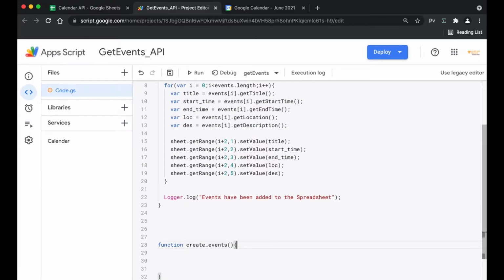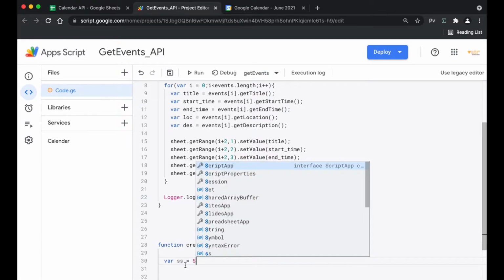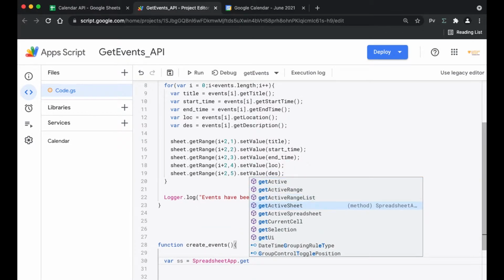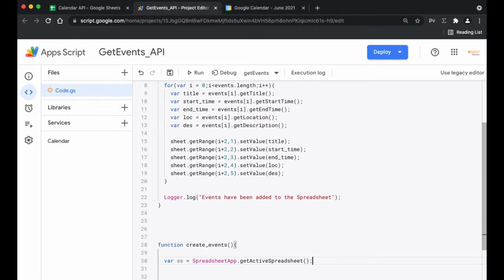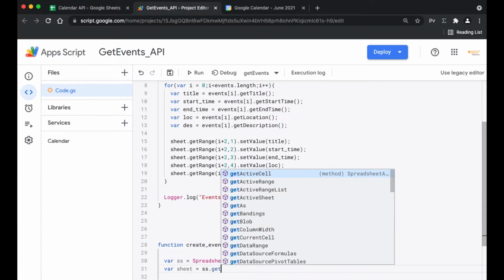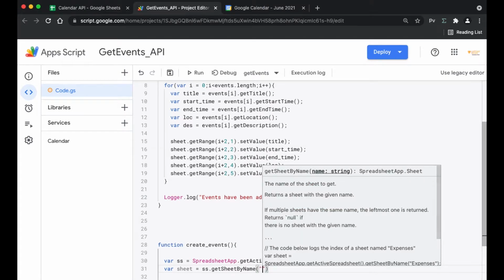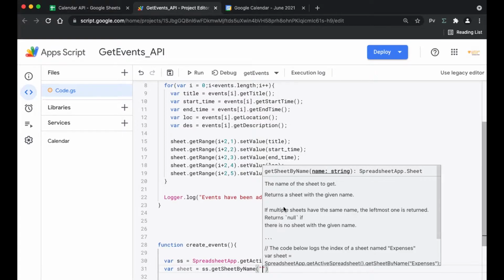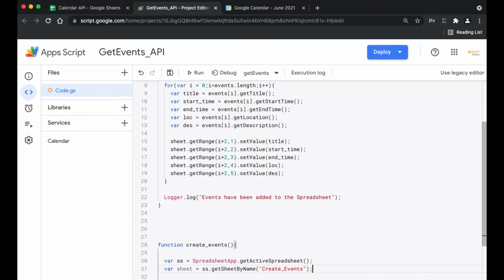We're going to start the same way, getting the spreadsheet. We're going to do SS. If you want, you can pass the variables that you created above into the function, but it's always good to have them new. I'm going to get the active spreadsheet again, close it. We're going to get variable sheet. I'm going to do the same thing, SS.getSheetByName. I'm going to go back to the sheet here and copy the name and paste it here, close the bracket.